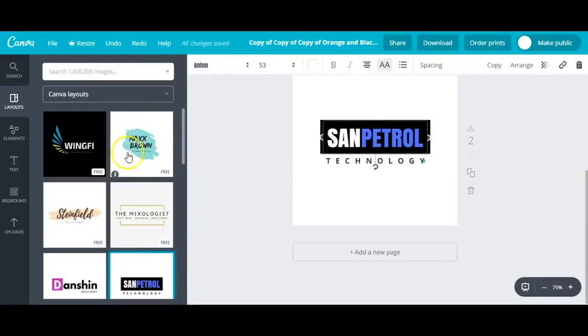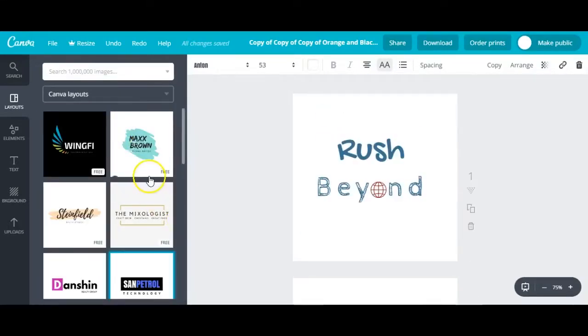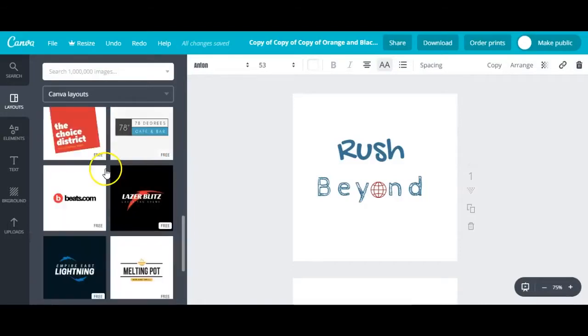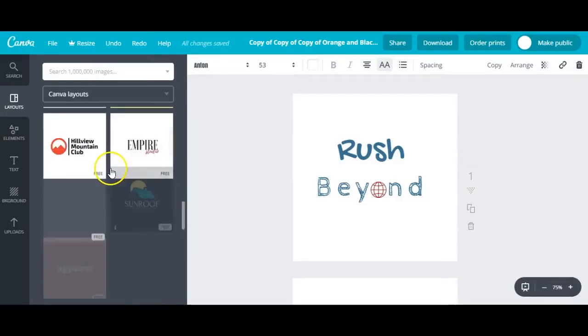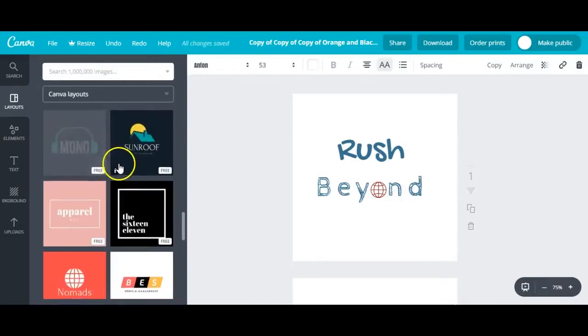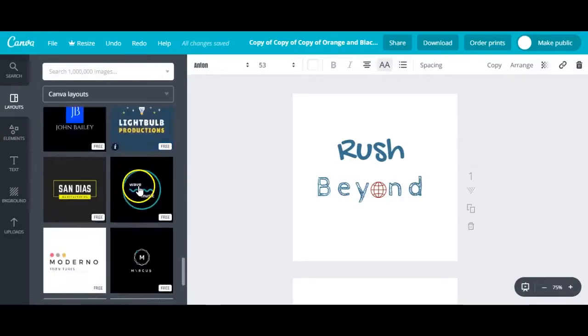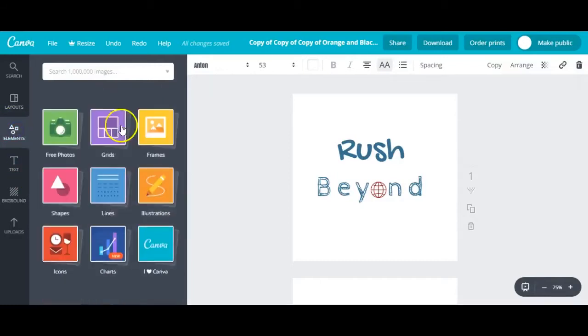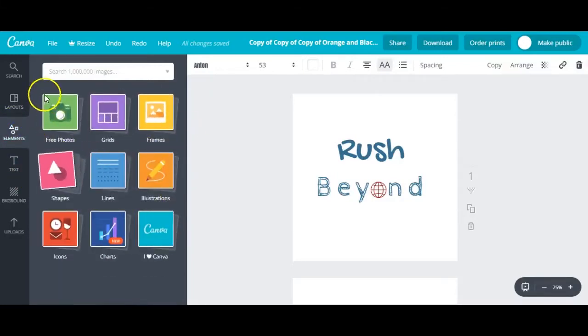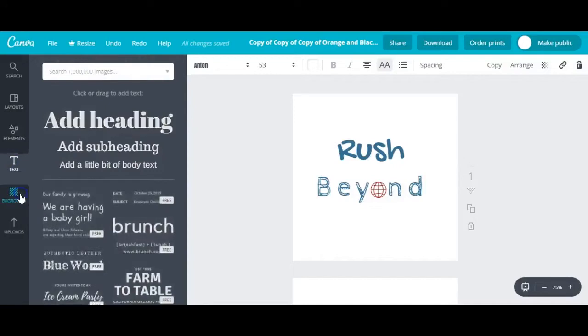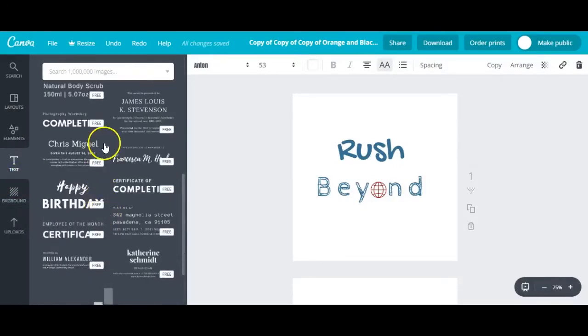You can really plug and play with a lot of templates that are already created, and then you can easily import or add some different pictures from your own database. But this tool is incredible, and I know a lot of people make their logos through this tool. So come check it out. You'll see different elements you can plug in, a lot of different free photos, different shapes, charts, anything you can imagine. And overall, this just keeps it really easy to change things in a hurry.